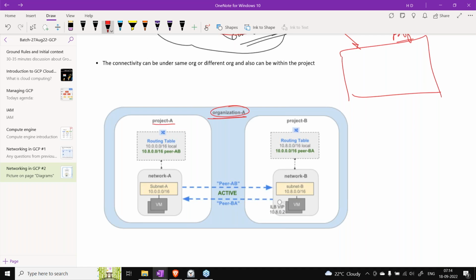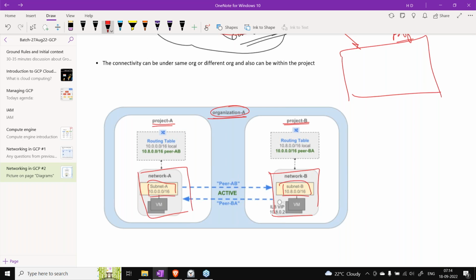That's okay. But these projects are different. From a demo perspective we are doing it in the same project, but the point is this VPC is different from this particular VPC, right? And these subnets are in their respective VPCs.